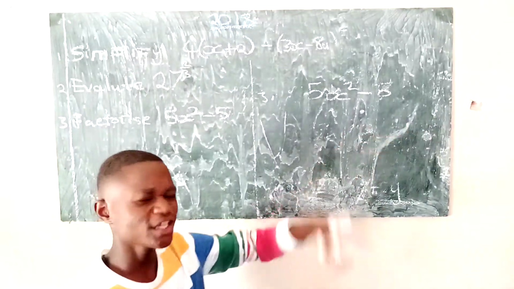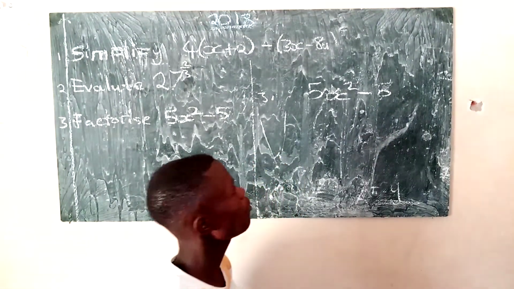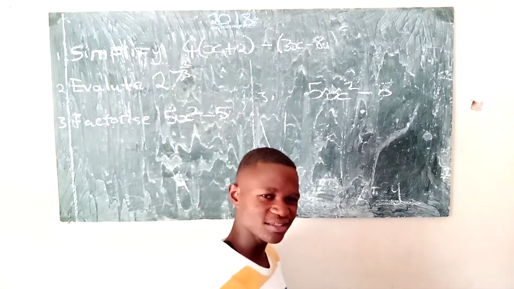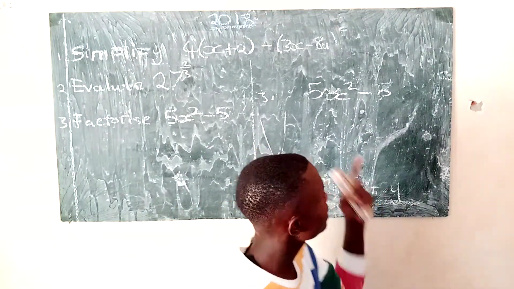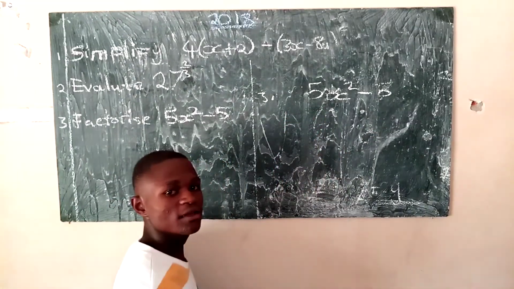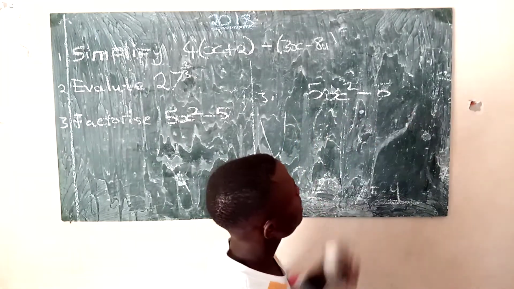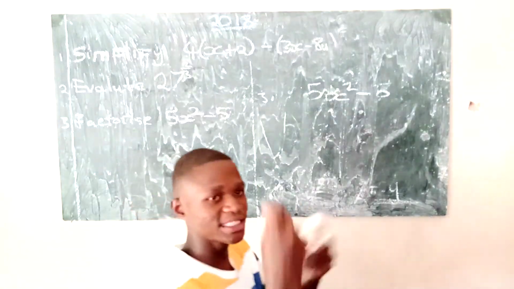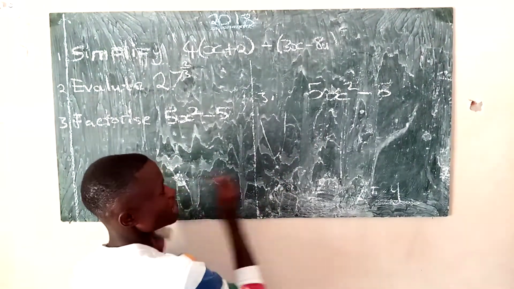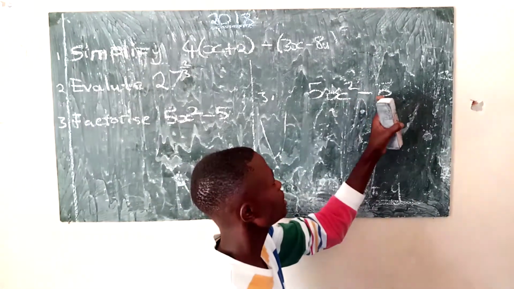You factorize. First of all, when you are factorizing, you look for the common term. What is the common term? It's either the numbers or the letters, these variables, which represent numbers. After identifying which one is common, you just factor it out. You bring it outside. Like for example, here we have 5 which is common in these two.